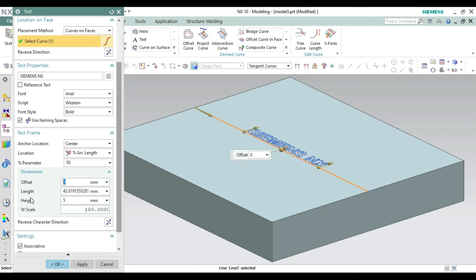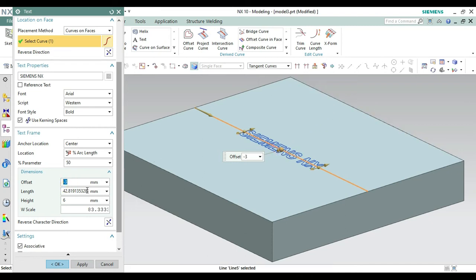Okay, now if you want this text at the center of the line, the offset should be half of its height. If the height is 10, then the offset should be 5. Okay, like -5, because we have to come in reverse, so make it -5. Suppose the height is 6, then the offset should be -3, so it will come in the center. Suppose if you want to get it in the corner, measure the dimension from this curve and make the offset at that distance.